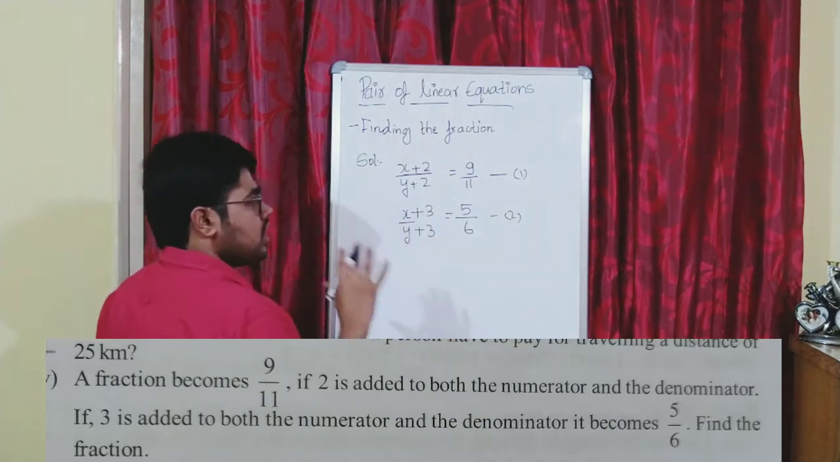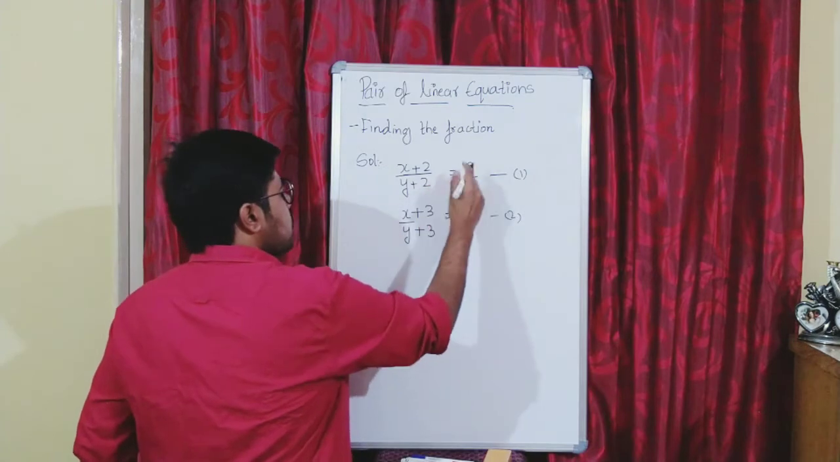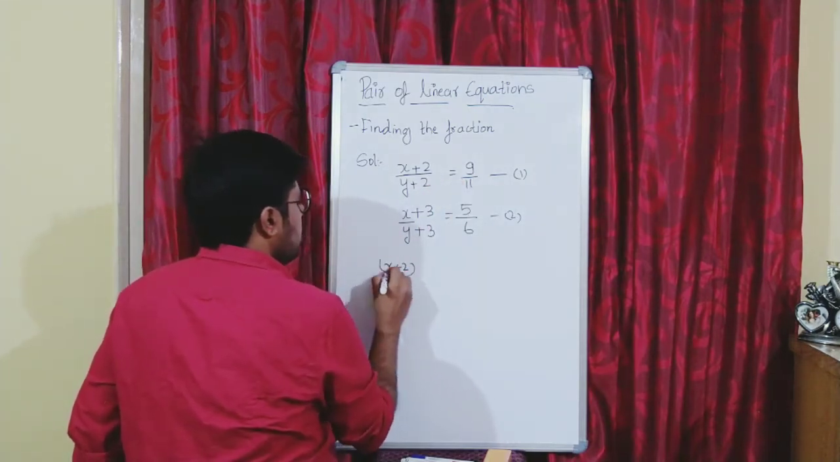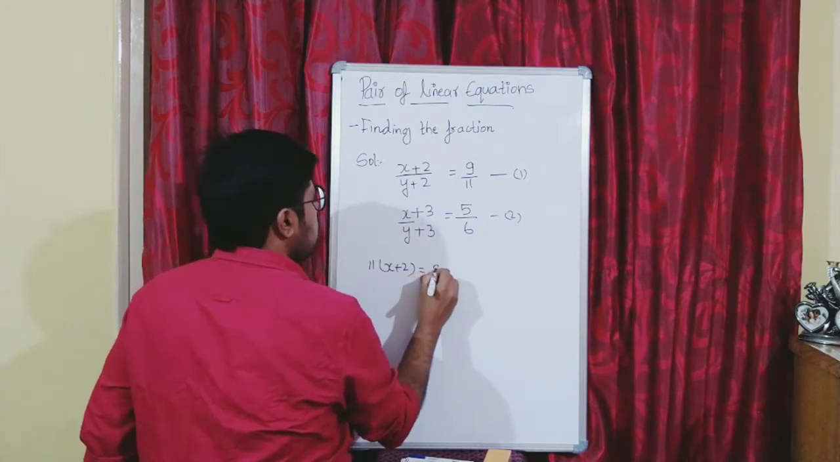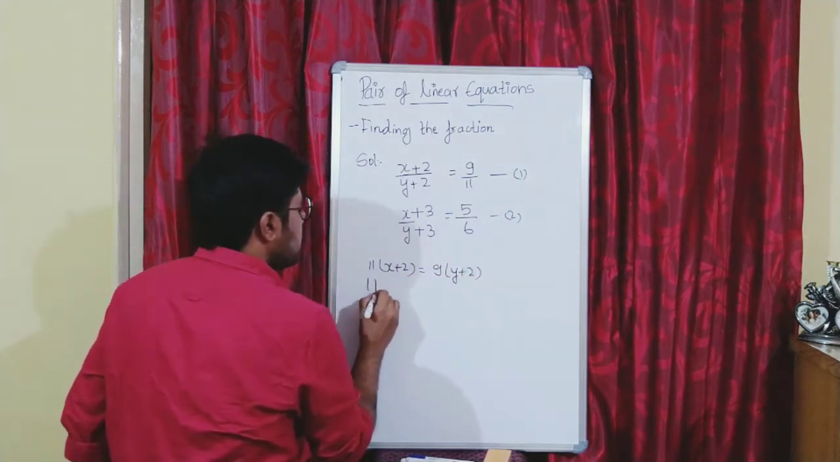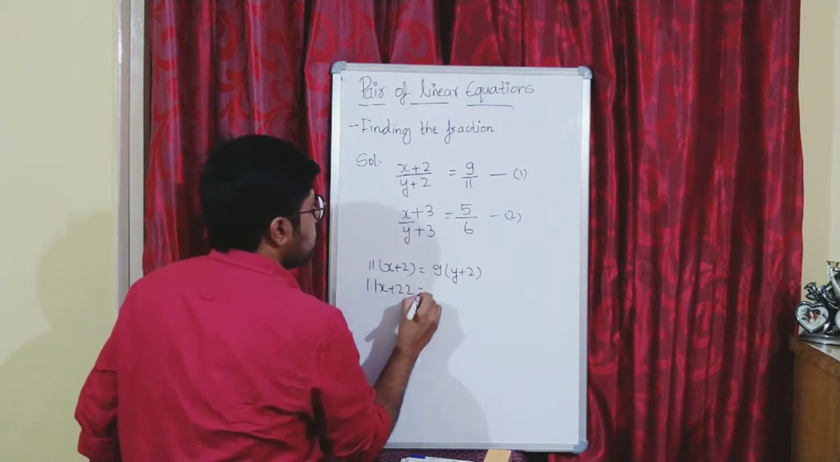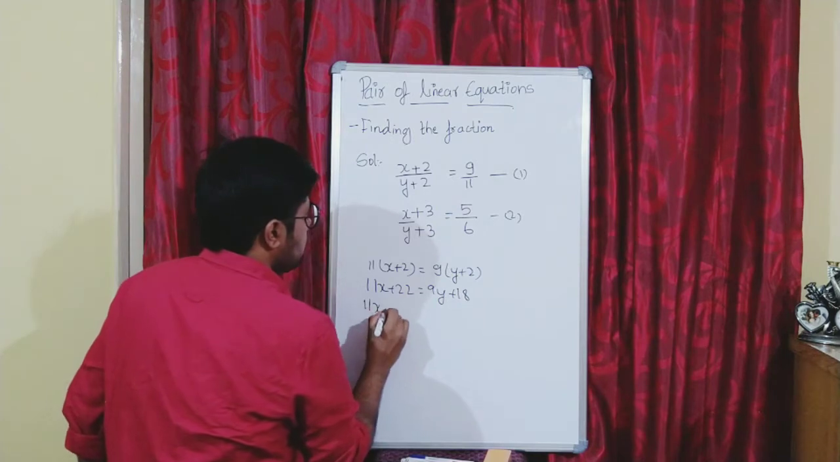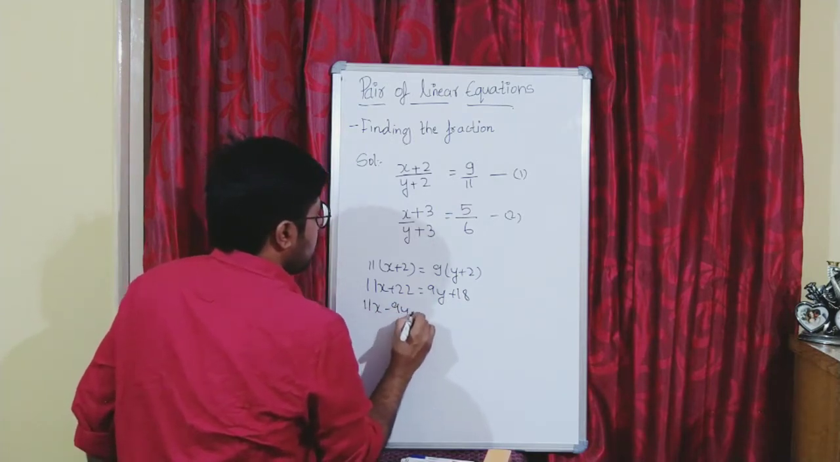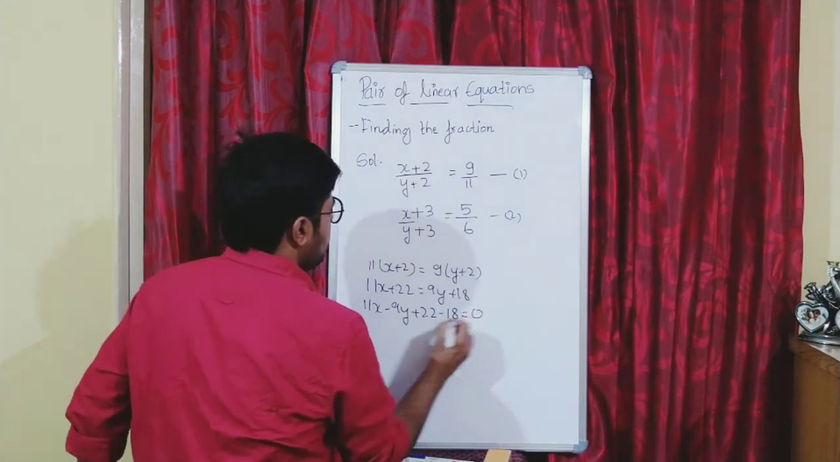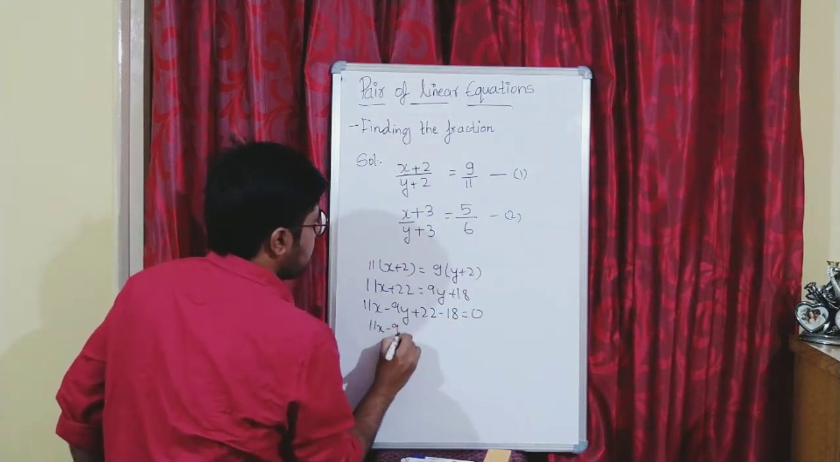Now you know what to do. Just simply solve it. I will cross multiply. So the first equation: x plus 2 into 11 is equal to 9 into y plus 2. If I solve it, 11x plus 22 is equal to 9y plus 18. So 11x minus 9y plus 22, 18 comes to the left hand side and becomes negative. 11x minus 9y